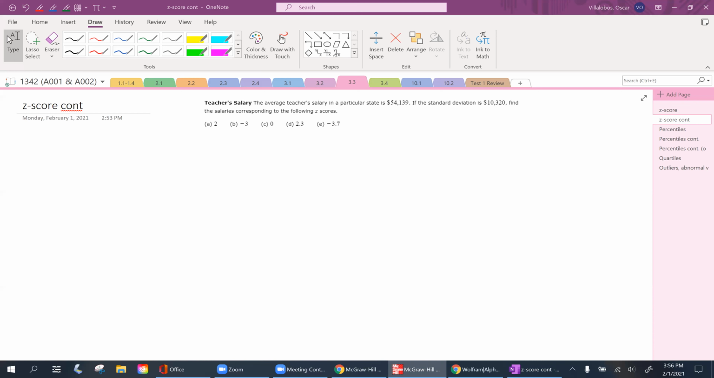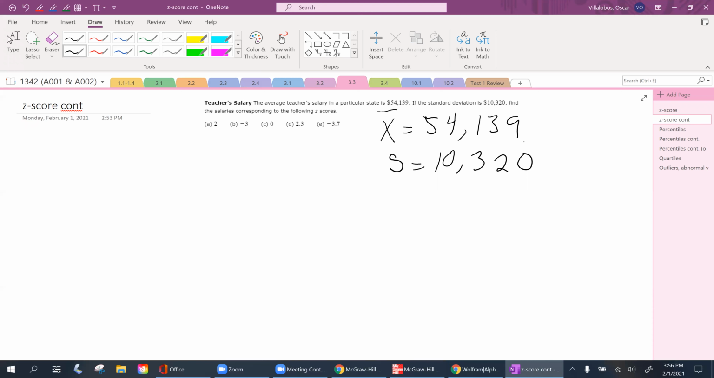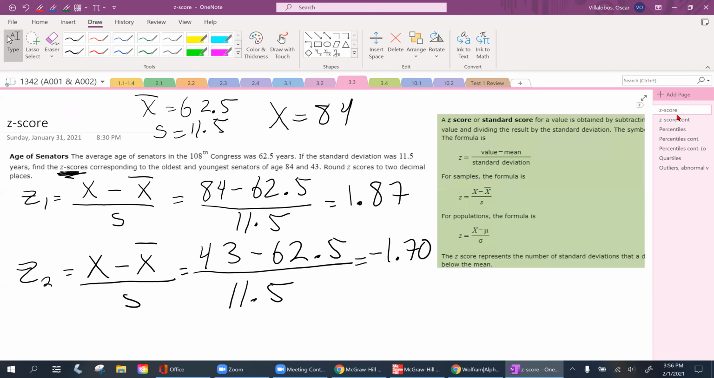All right. So the average teacher salary in a particular state is 54,139. So I already know that's going to be my X bar, my average. The standard deviation, which is my S, is 10,320. Find the salaries corresponding to the following Z scores. And since we're dealing with population here,